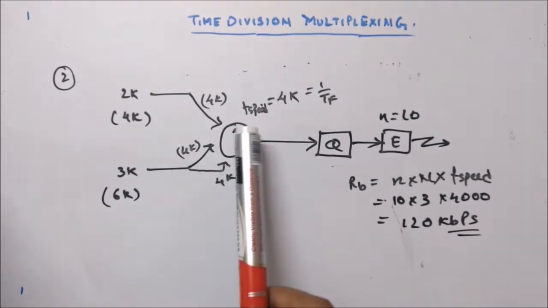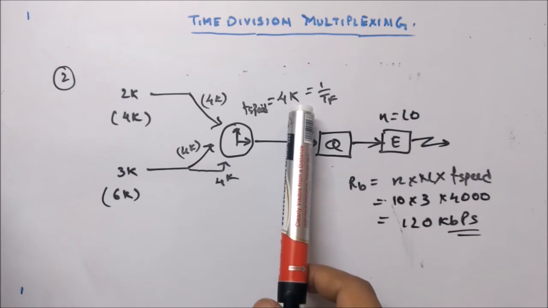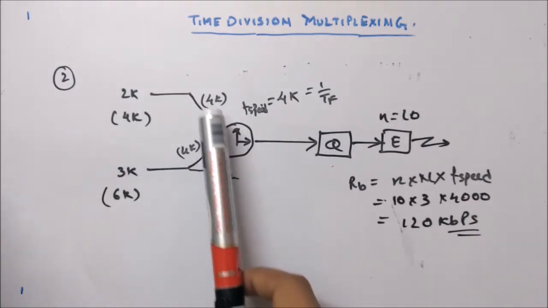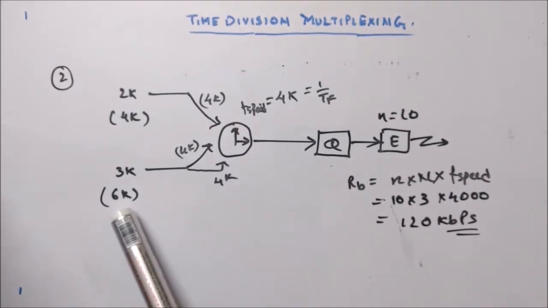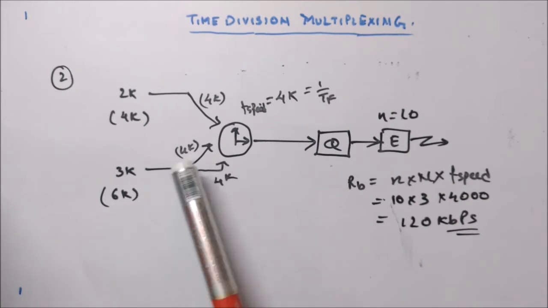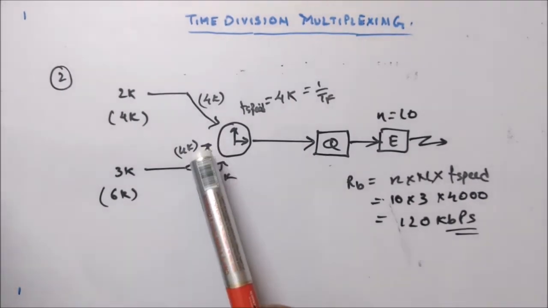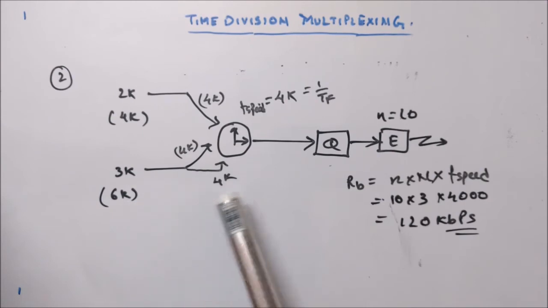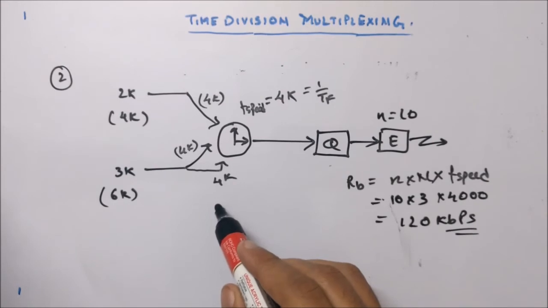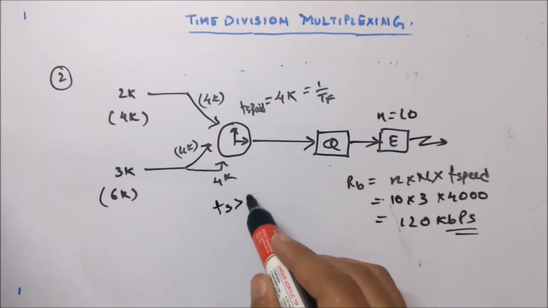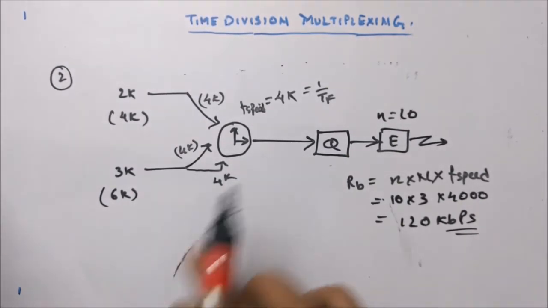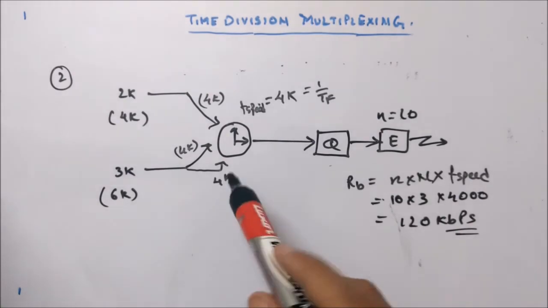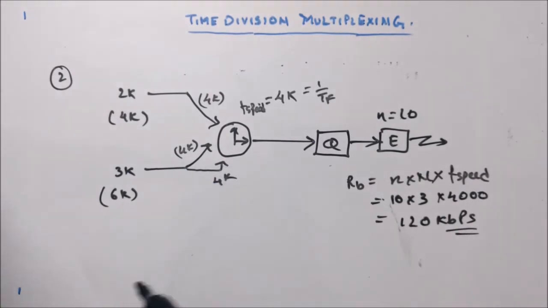So the speed of the commutator has to be set to 4 kHz. So this one is fine. It will be sampled at 4K. But this is 6 kHz. So what will happen? 4K will be sampled through this line, and for the rest of the 2K samples you will again take 4K. Okay, so it will not have any problem because you are sampling at a rate greater than 2 FM. It requires 2K and you are sampling at 4K, so it is following the sampling theorem. That is why there is one line and 4K samples.